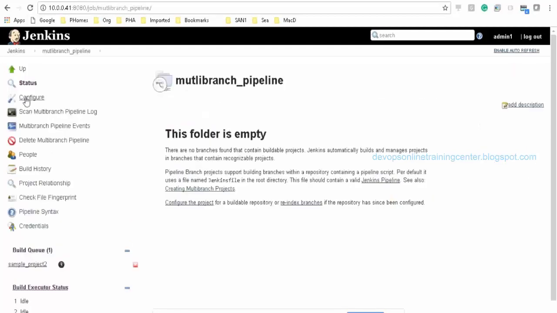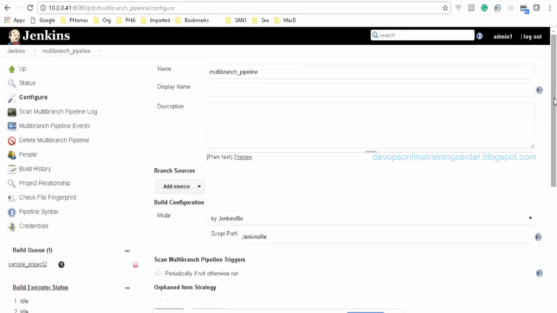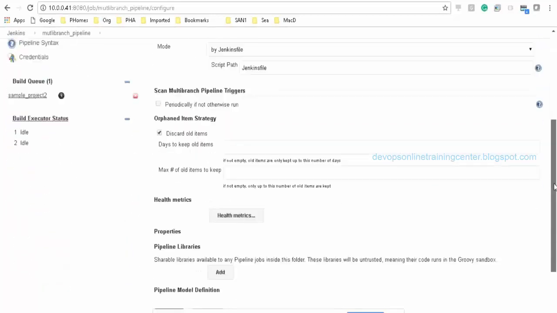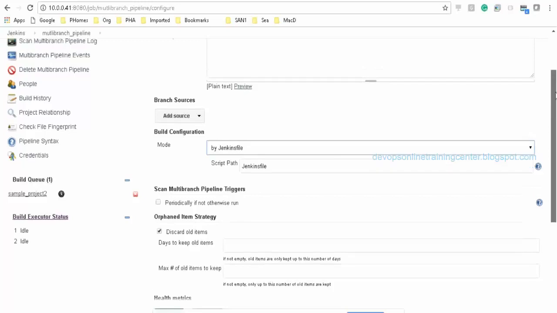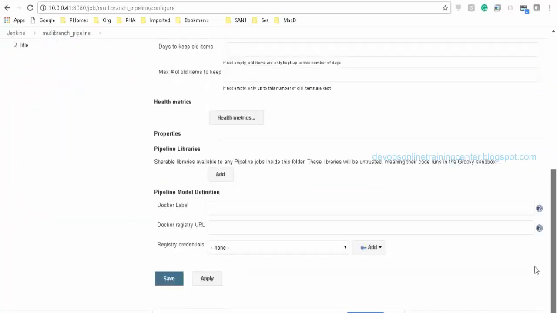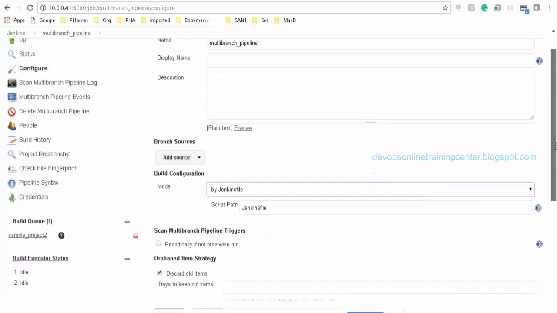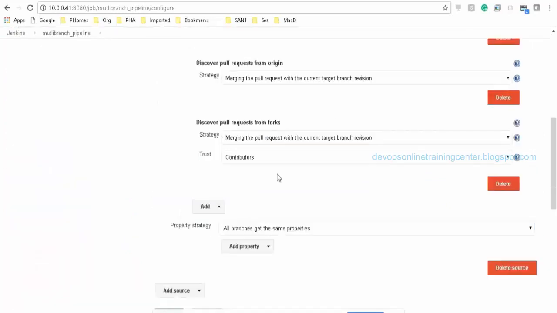So this we need to start configuring. Here there is no option to provide the script in the job. It has to be from the SCM, from the source code management. Okay. So here we can specify the GitHub.